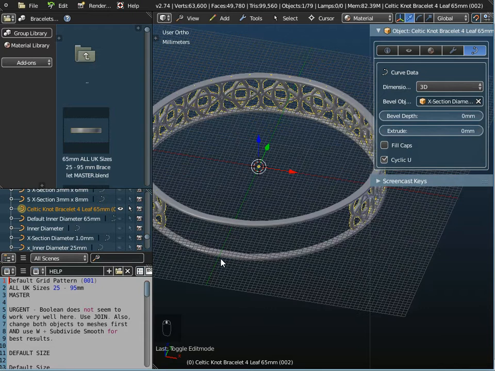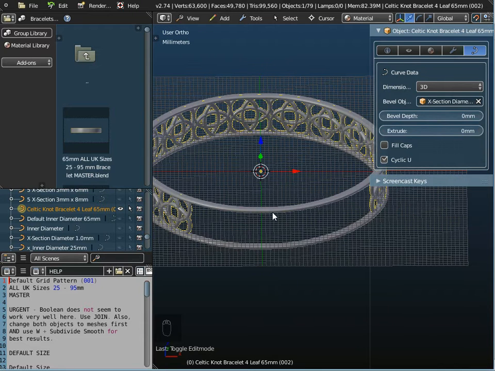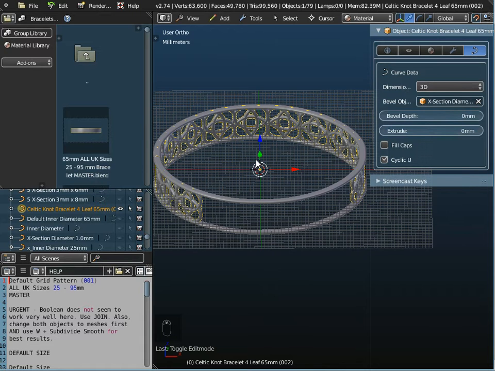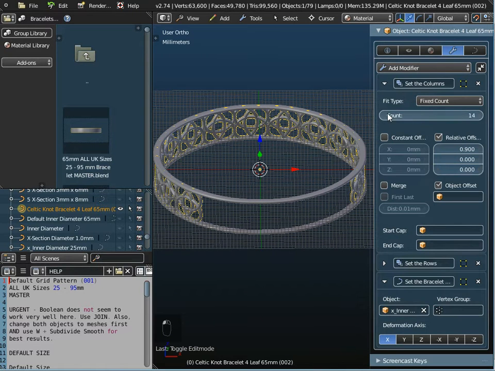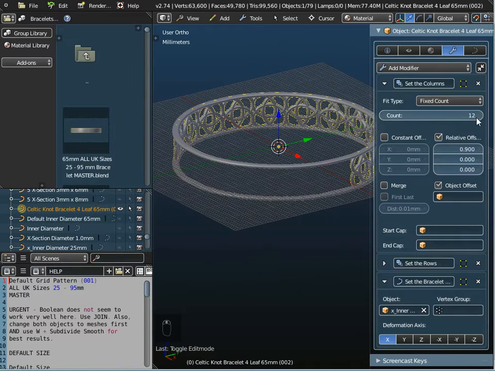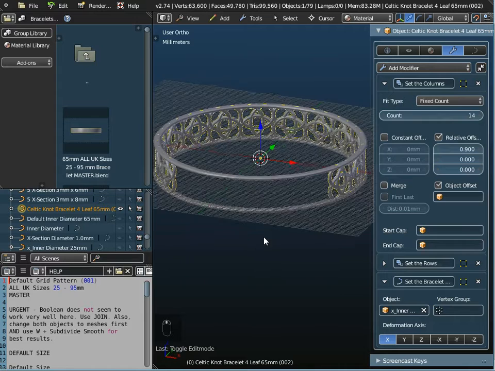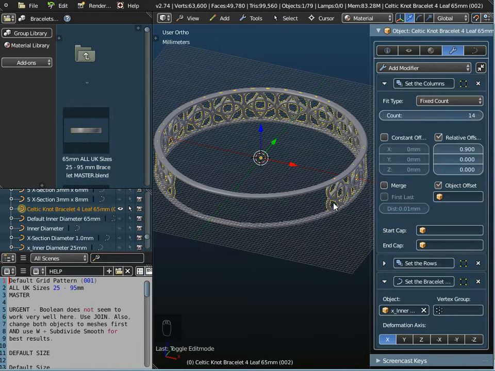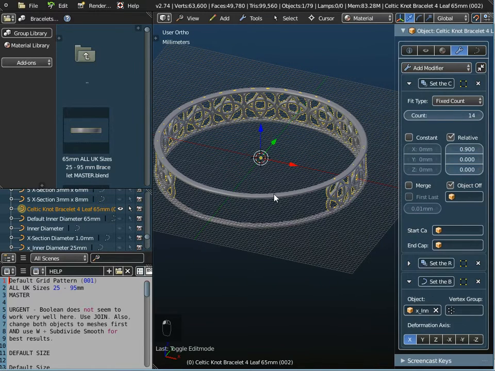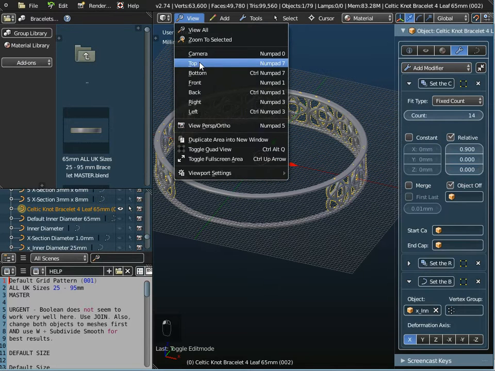Now I'm going to want to add in the name Giselle here, so I won't extend the size of this Celtic knot just yet. I mean, we can do so just by changing the count over here. You can see I can increase the number of Celtic knots. We won't do that just at the moment. We'll get the name Giselle in here before we make any final fine tuning. So I'm just going to go to view and top view,